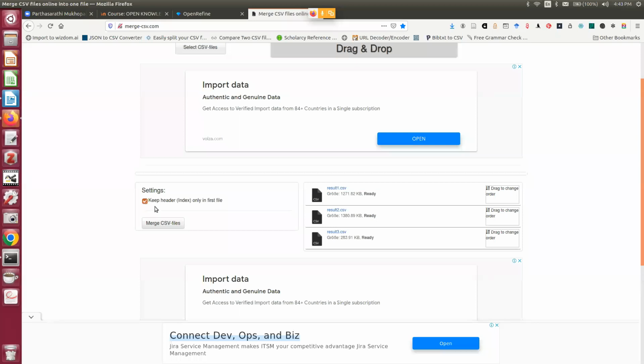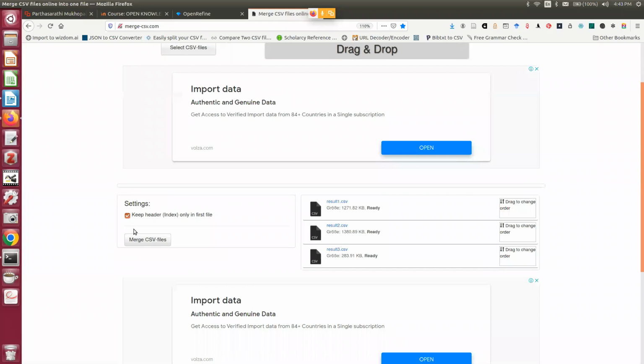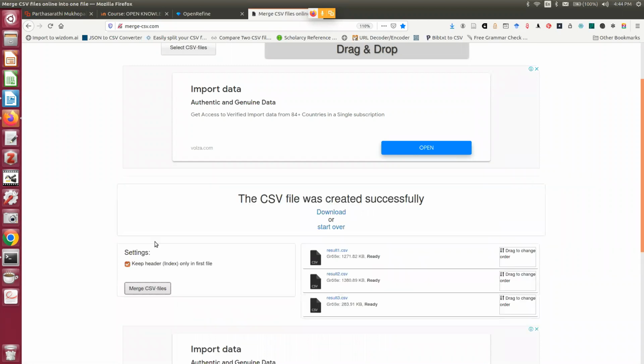So this particular utility is a very important one. Always check doubly that this particular option is checked, that is, keep header only in the first file, because in the second and third file the header will be garbage, that is this DOI, title, abstract and so on. So now I can safely say merge CSV files. It is almost lightning speed, the CSV file merge. Then I can click download,